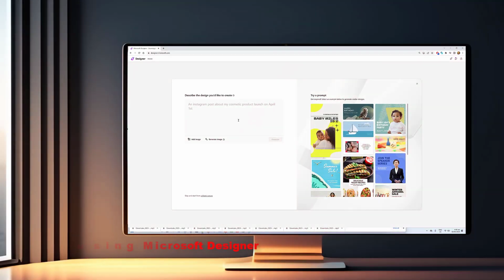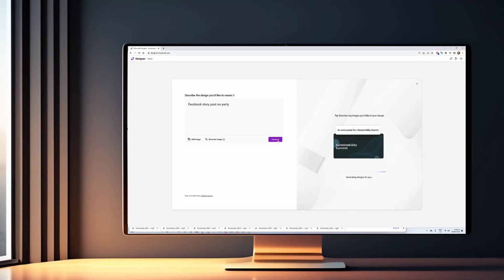Welcome to today's tutorial on how to generate an image using Microsoft Designer. In this video, we'll be exploring the process of creating beautiful images using Microsoft Designer, a powerful AI-powered tool for